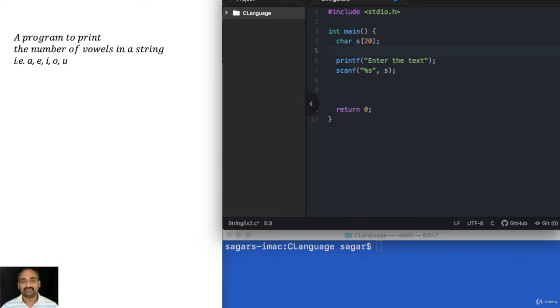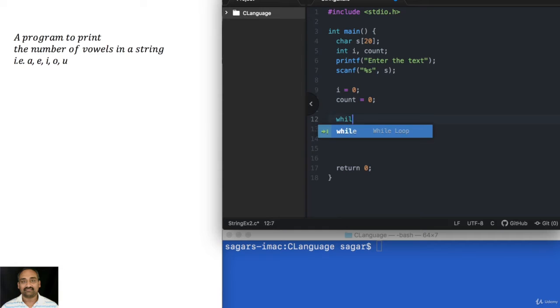Now we just need to count the number of vowels present in this string. So for that we need to iterate through individual characters of that string. So I'll say i and count. I'll begin i equal to count equal to 0. This is also a valid statement in C language where it initializes both the variables to 0. Now both variables begin with 0. So if you are confused, don't worry. So I will just place it as i equal to count equal to 0.